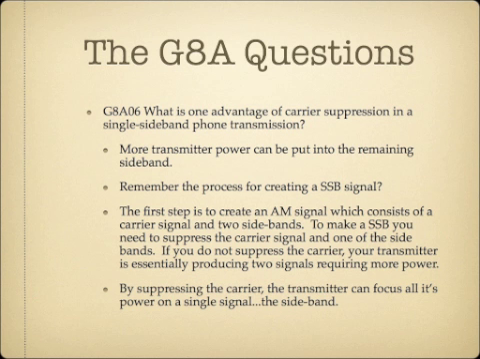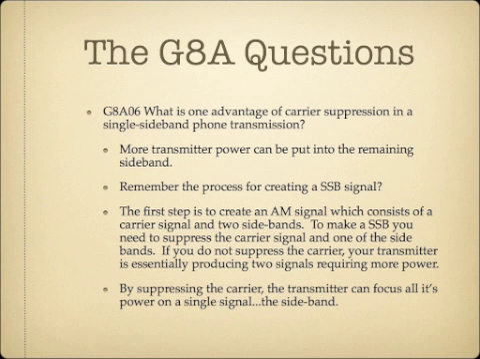And you have to think back a few lessons to the process for creating a single sideband signal. The first step is to create an AM signal, which consists of a carrier signal and two sidebands. One sideband signal is above the carrier signal in frequency, and another one is below the carrier signal frequency. So to make a single sideband, you need to suppress the carrier in the middle and then one of the